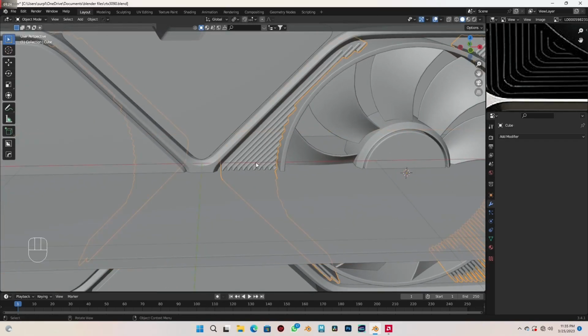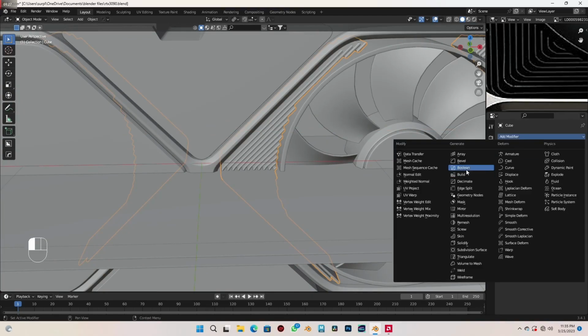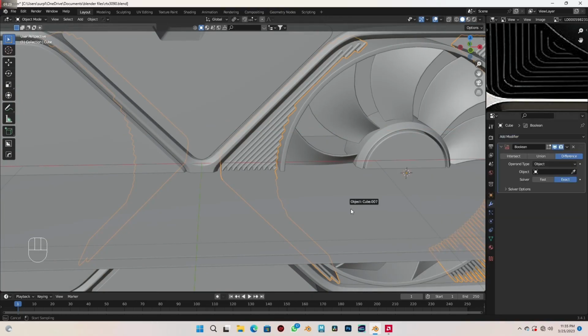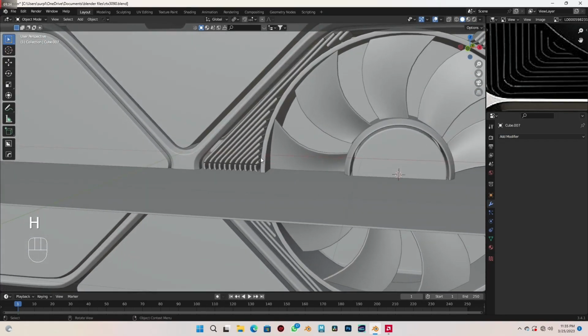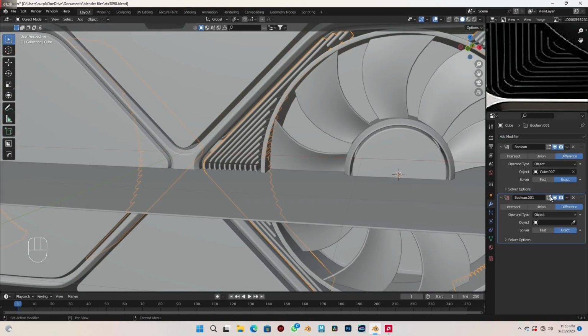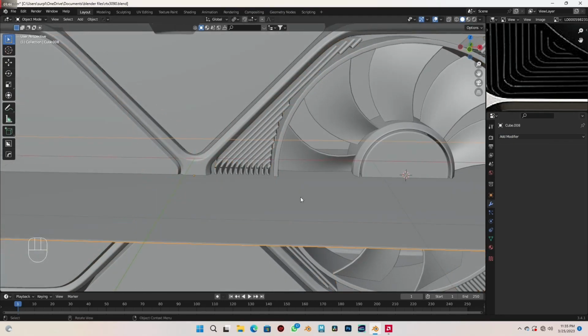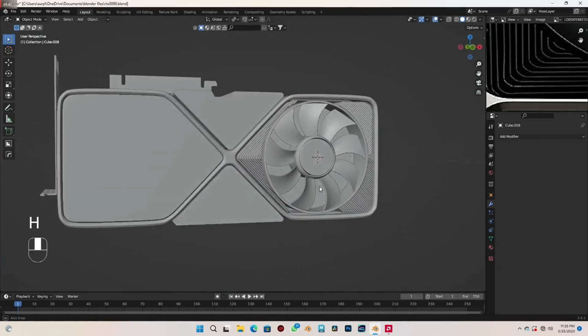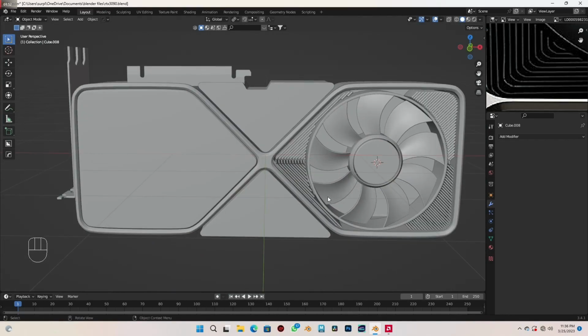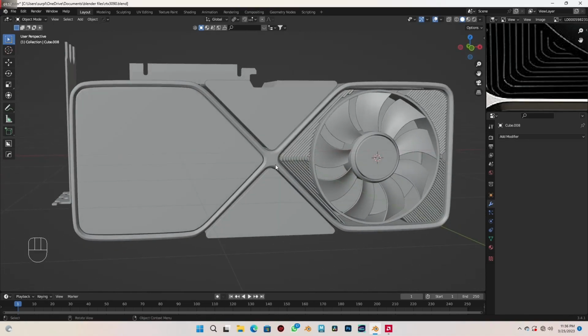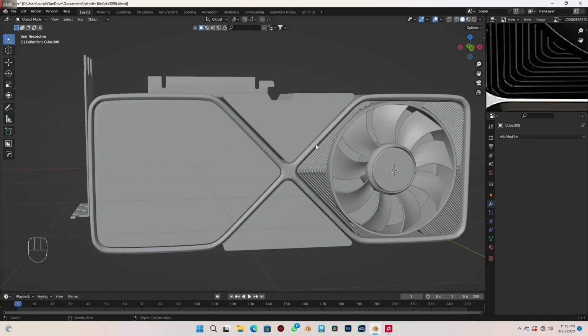Alright, so selecting these, I'm going to add a boolean and let me put that on the first cube. Let me hide that. Okay, we've got a cut. Let's add another boolean to that part and put it on the second cube. Hide that, and that's looking nice. Okay, so finally we've come to the end of the modeling of the GPU, and let's move to creating some